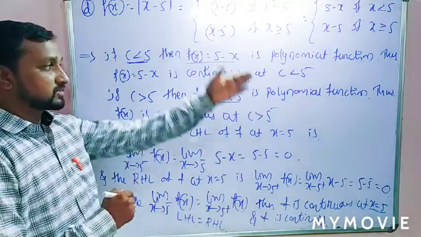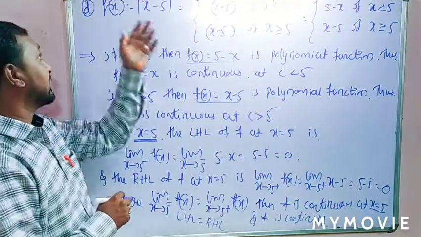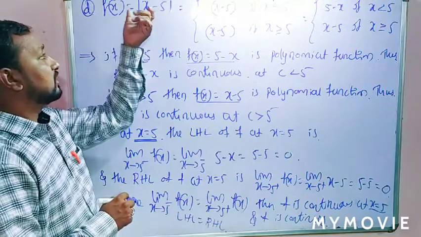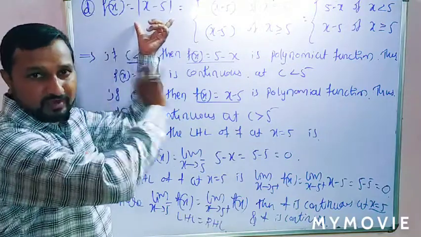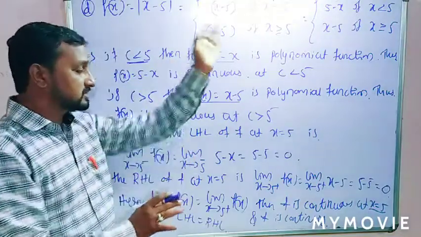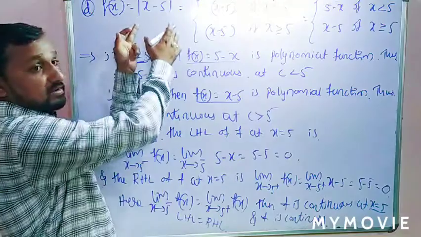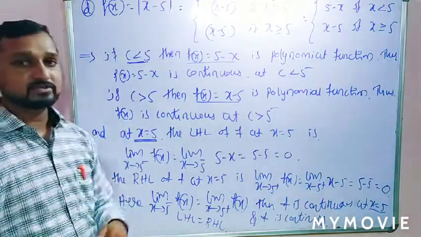So this is the procedure, students. Remember this procedure. I already told you that this is f of x equals mod of x minus 5. Here there is no particular case, that's why this function is obviously continuous. Is that clear? So this is the procedure, students, only for mod. Otherwise we can use the previous example with the same method. Write down, students.